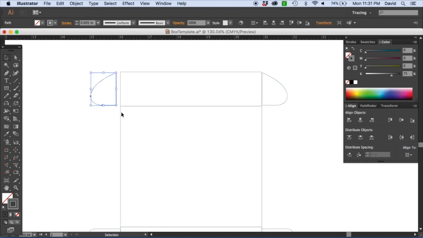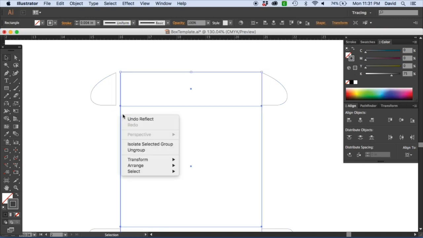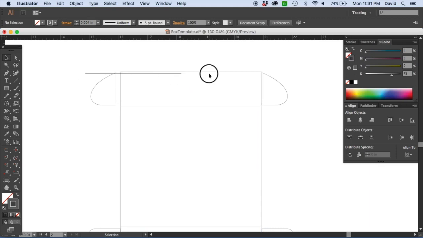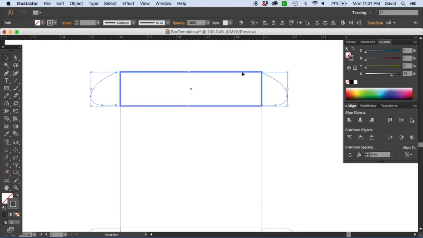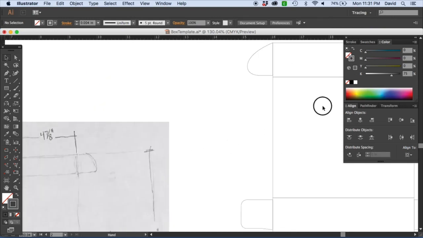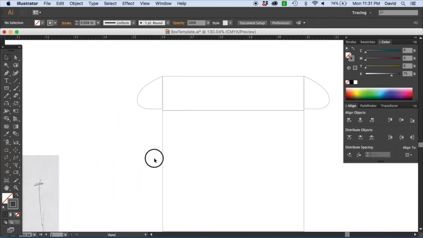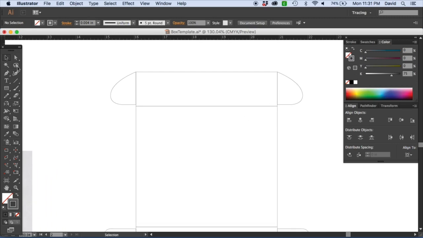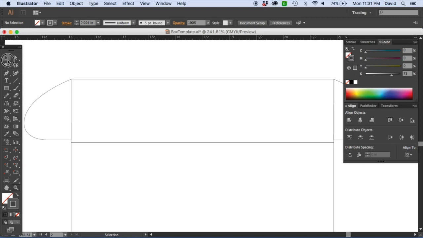First of all, I have to ungroup everything. I like grouping objects because it helps me keep the kind of chaos that Illustrator sometimes can give you. So you know certain groups are not going to be left out as you're applying your different methods. If you find that my methods may be a little